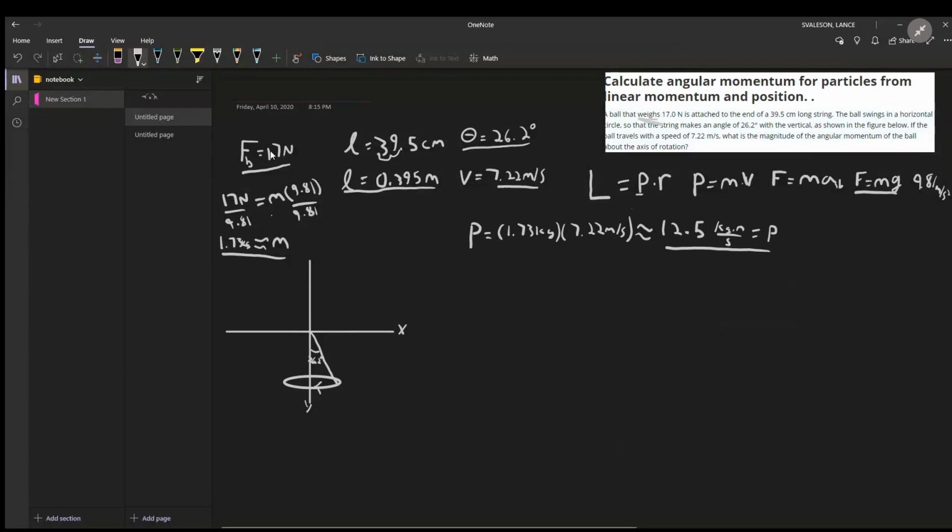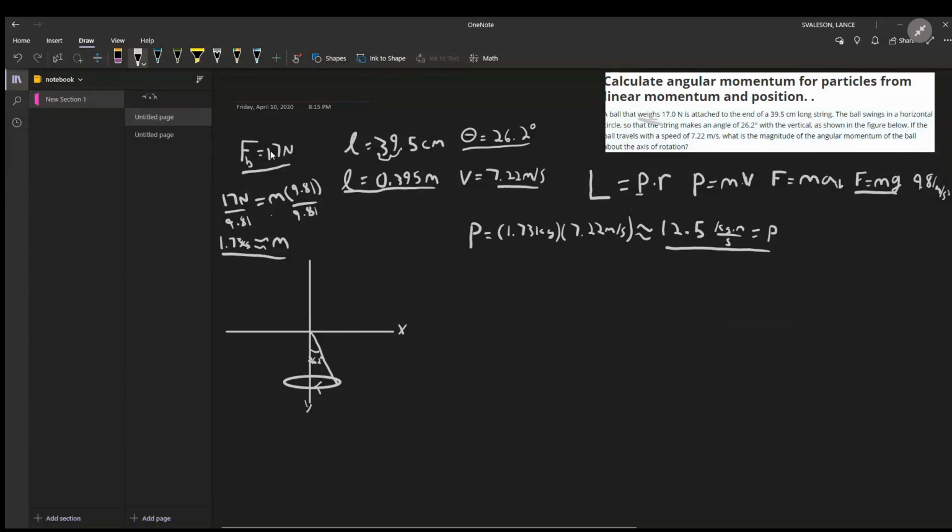Now, what that R value represents is not the length of the string, but how far the ball is rotating here. So the ball's at the end. How far is this from the axis of rotation, the radius here? Like how far is that distance? That's what we need to calculate. We know that the length of the string was 0.395 meters,